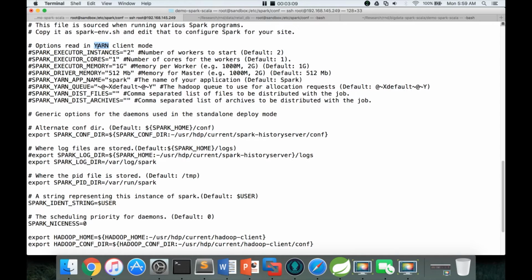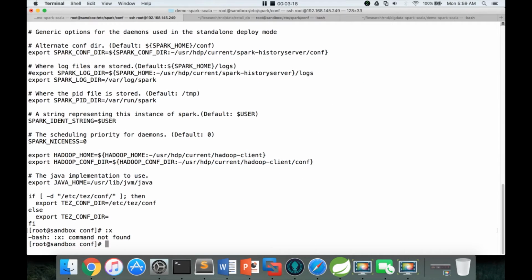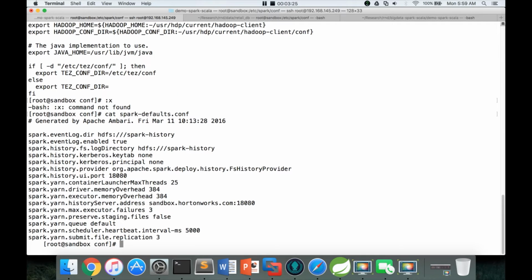Don't worry if you don't understand these completely, but as of now, just remember that there are two files, spark-env.sh and spark-defaults.conf, which drive the configuration of your Spark.